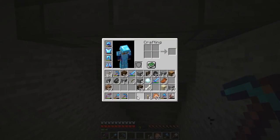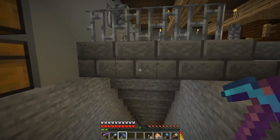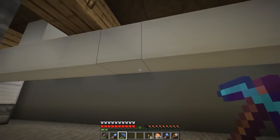So I think the solution to that would be to use a half slab right here, which isn't a big deal. I'm trying to think of...